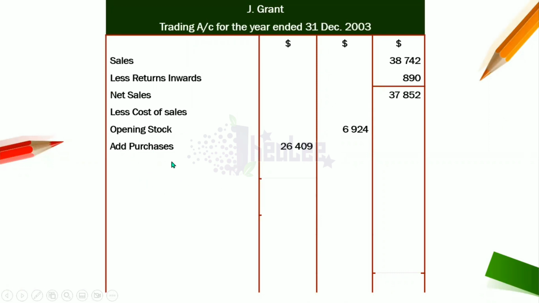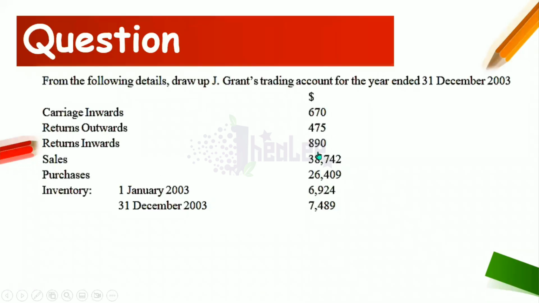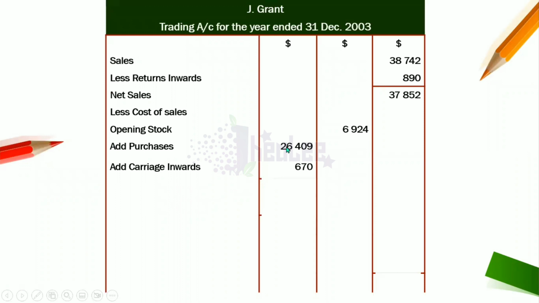So we're going to work out what our net purchases is before we can use the middle column with the net purchases. Our next step, remember, there was carriage inwards, so we're going to add that. And the value for carriage inwards, again, is $670. So let's make a note of that. Having added the $670 to the $26,409, we have a total of